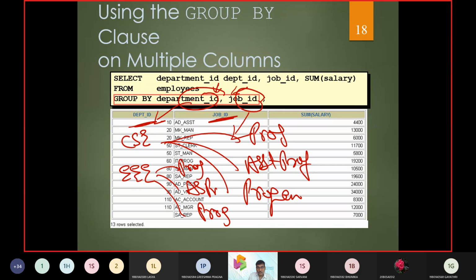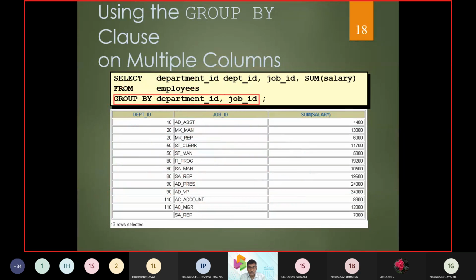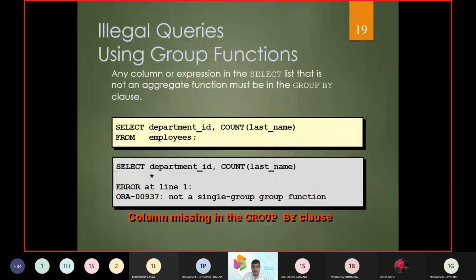Now department is one group, CSC, EC is one group, job is another group: all professors, all assistant professors, all associate professors. So that is how we are going to work with multiple grouping. After this PPT we will have a hands-on, so we will ask you queries and you can answer accordingly.